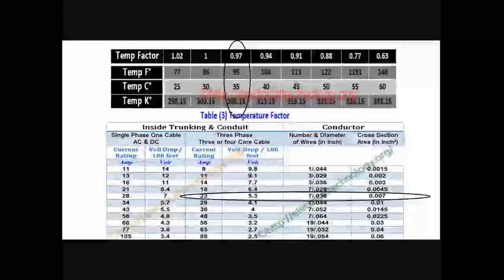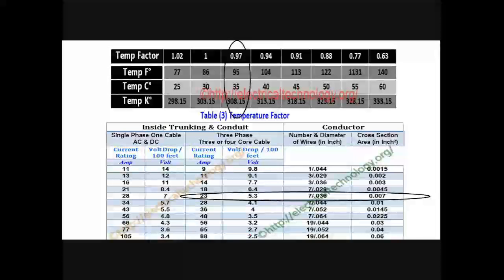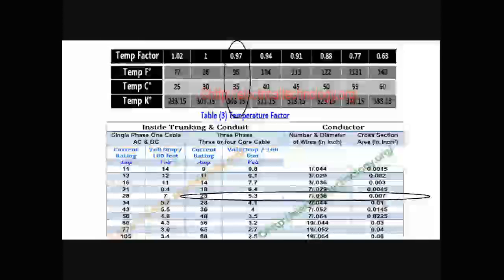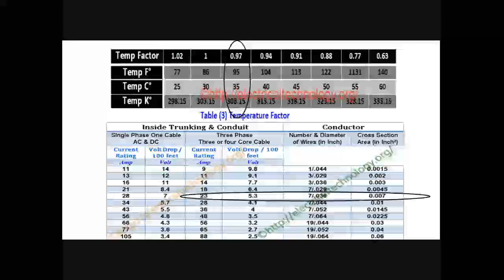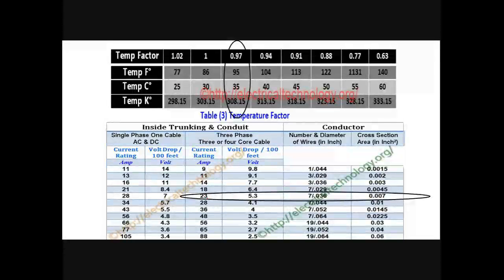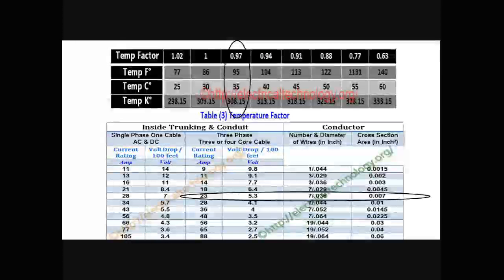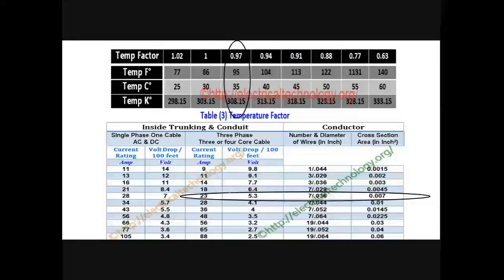Okay. Now we will see the table. This is the table they must have given to you, and because of this table you can solve this numerical. As we know, they have given the value of 19 ampere current. So 19 ampere is not available in this table. Directly after 18, they have given the 23 ampere reading. So we have to select this maximum current. So 23 corresponds to 5.3 per 100 feet, and the allowable diameter is 7 divided by